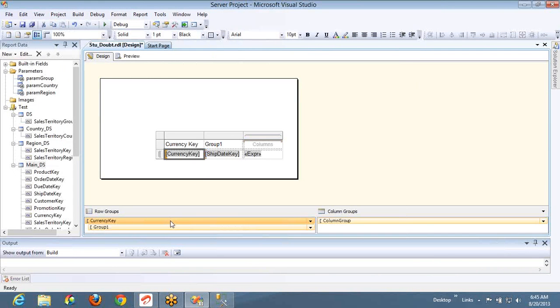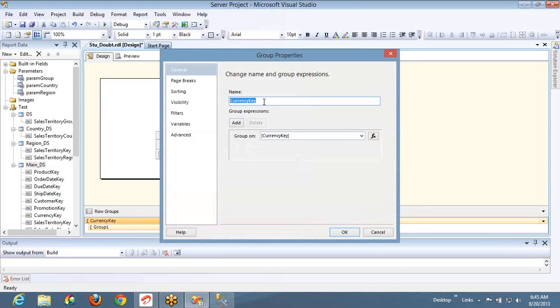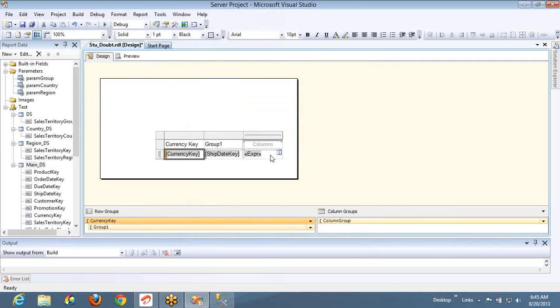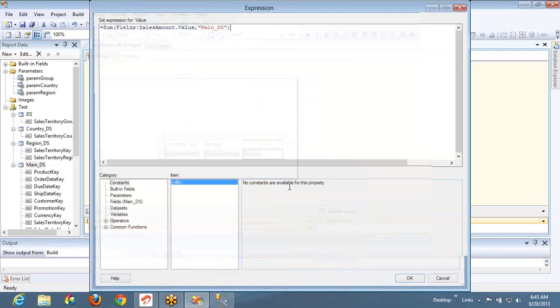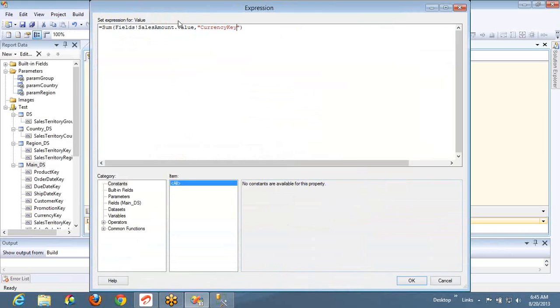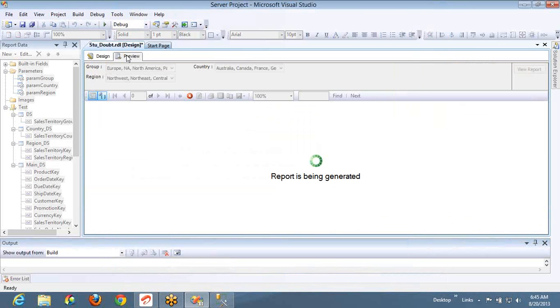Now I want to set the scope as currency. I want to set the scope as this row group. I have two row groups. I want to set the scope for only one row group. If I leave it blank, then it will be for two row groups, that is currency key and the ship date key. Now I'm setting only for currency key. Explicitly I'm specifying the scope, and don't calculate for currency as well as the second group, that is based on ship date. Group it only based on, or calculate the sum value only based on